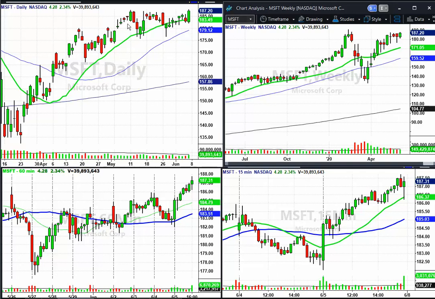Now, we've got a base setting up here. We've got a higher pivot here. We've got higher pivots here. Okay, we've got a rising moving average. We got a rising 200. We're at near highs. This is a cup and handle forming. Volume is a little bit lower, right? This is setting up to be a buy above these highs around 188 to 190 a share with a stop around 170 to 175. Okay, watching this as an opportunity to buy in.